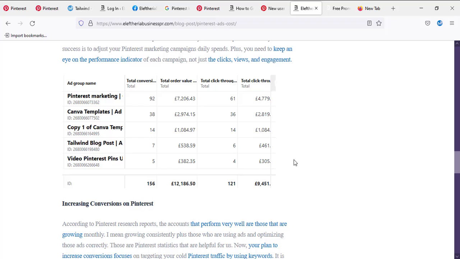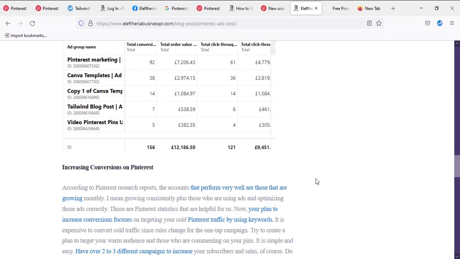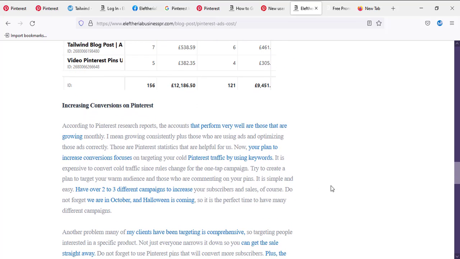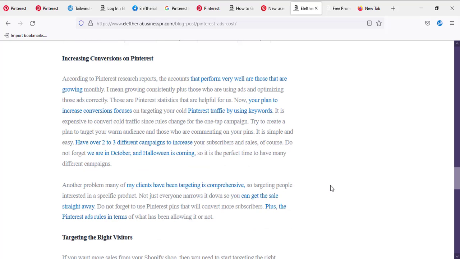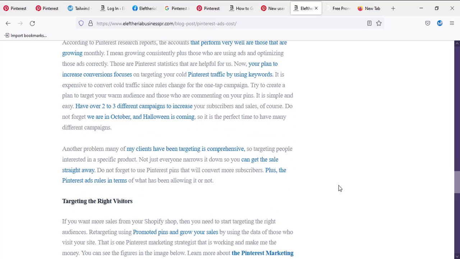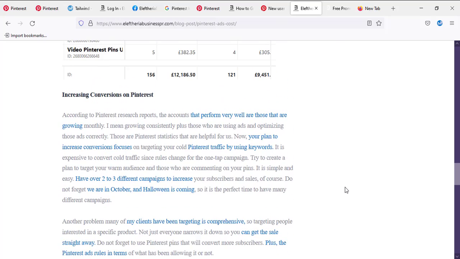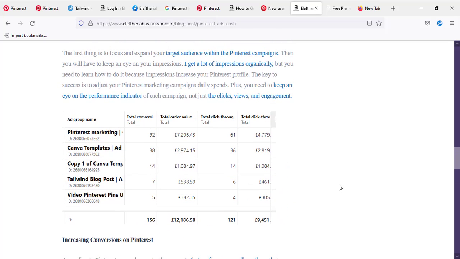And again, you need to have a strategy and a plan. This is something that I share in my course with my students, and also as a Pinterest expert who manages other people's accounts. You need to have a plan, and then learn to grow your account on autopilot.